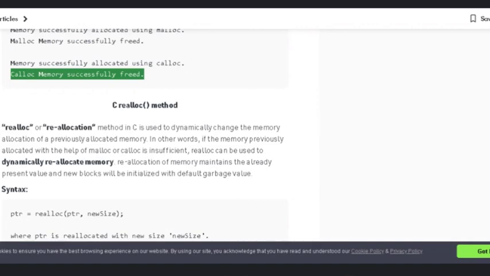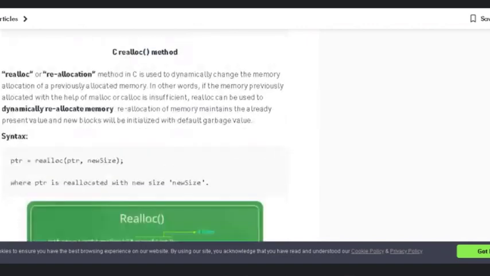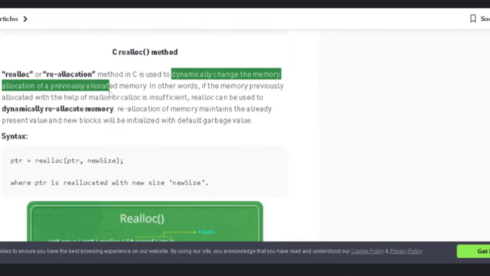The pointer variable. And then we have the function realloc. Realloc function is used for reallocating the already allocated memory. Right? Any change to be done to the already allocated memory, realloc function is used. So the realloc function, or reallocation method, is used to dynamically change the memory allocation of previously allocated memory.